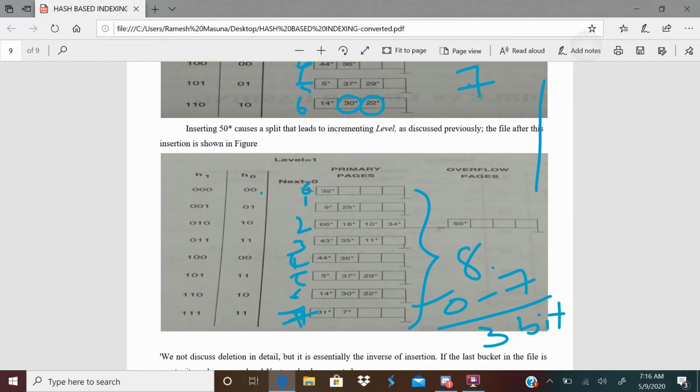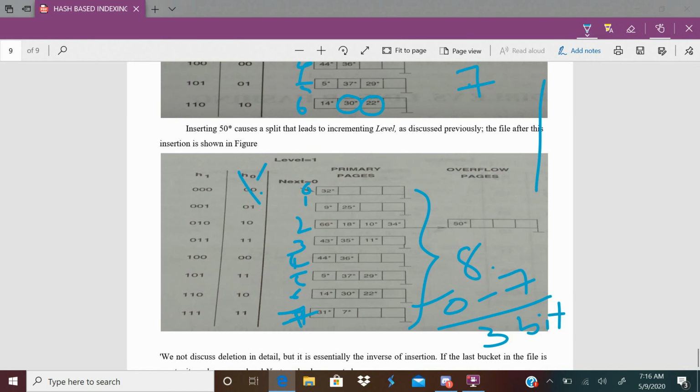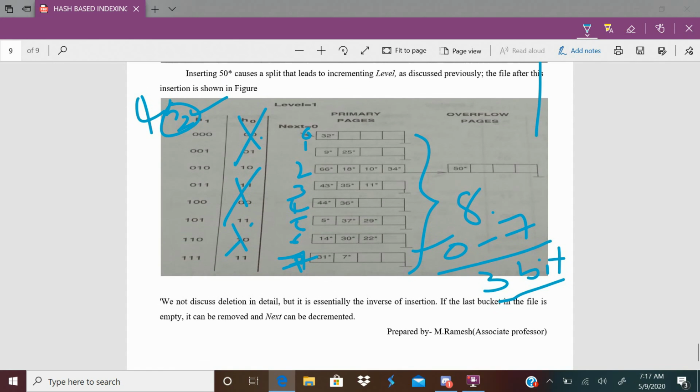Now onwards, it should not use H0 function. It should use H1 function. And if a split occurs, it should use H2 function. Now H1 function uses 3 bits, so H2 uses 4 bits, and so on. So the process is the same. And deletion is similar.